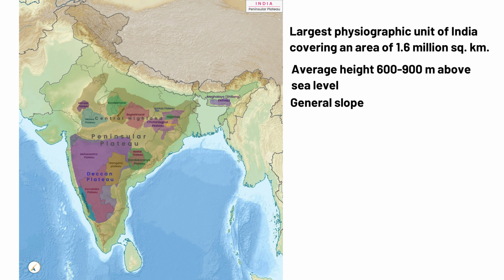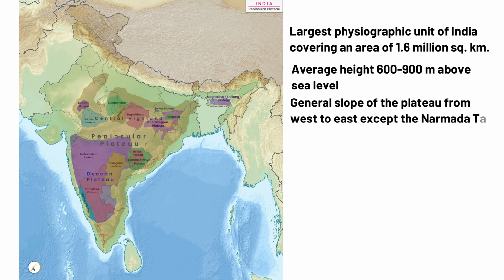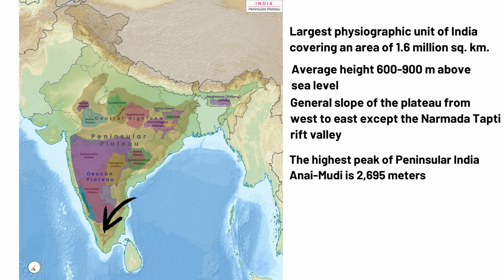The general slope of the plateau is from west to east, except there is a little area which is called Narmada Tapti Rift Valley. Except the Rift Valley, most of the land slopes west to east. So the major rivers in Peninsular Plateau like Godavari, Krishna, Kaveri are all east flowing rivers. The highest peak of peninsular India is Anaimudi, which is located in the extreme southern part